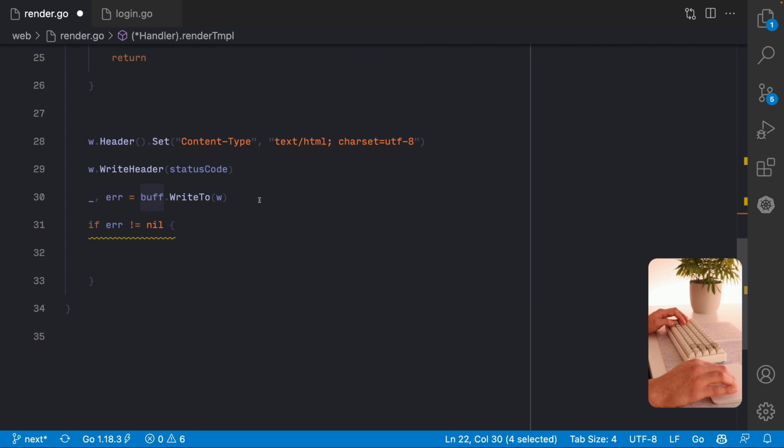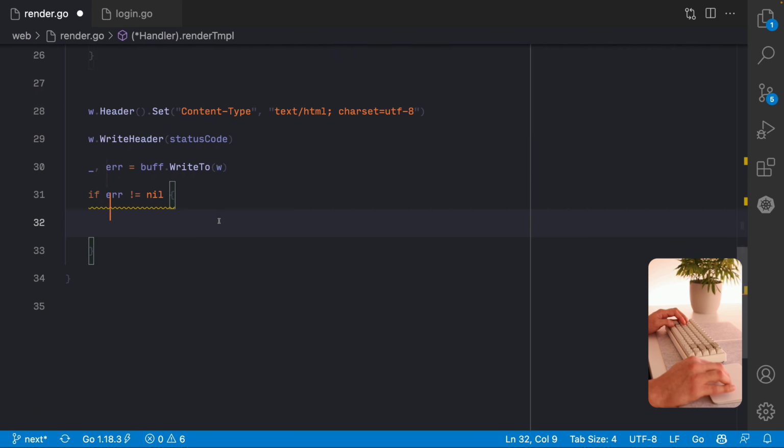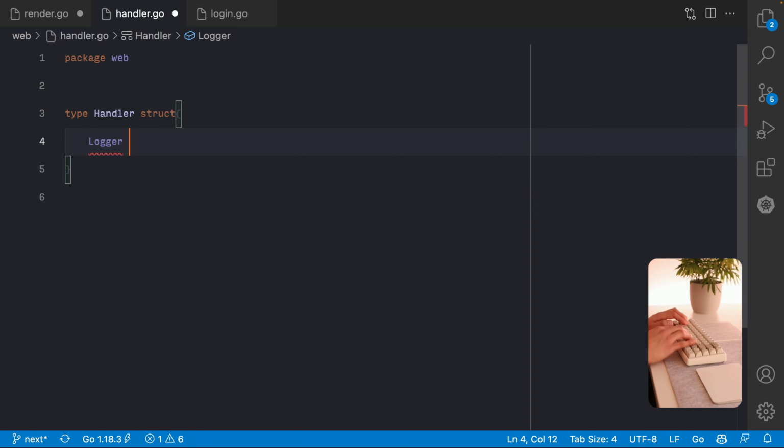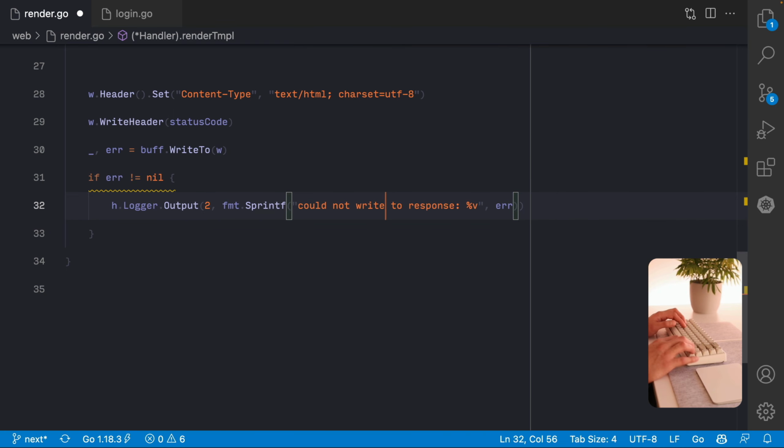And now on this final part, this can error, but at this point we cannot send a response back. So we cannot do this, for example. So we are gonna just log the error down. For that, we are gonna need a logger. We're gonna use the standard log package. That should do it.